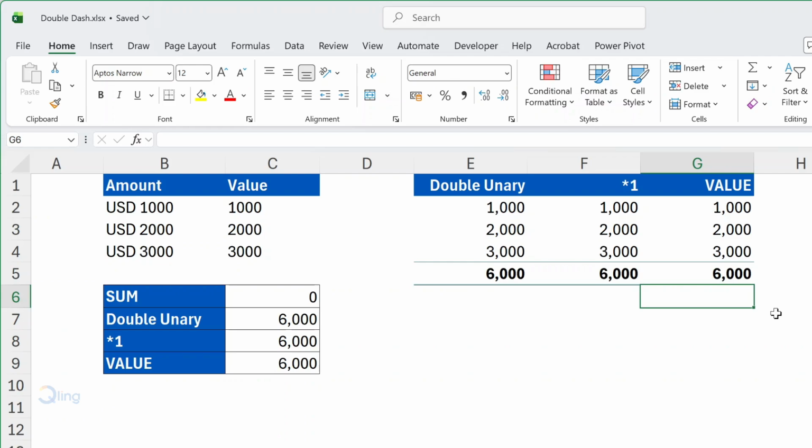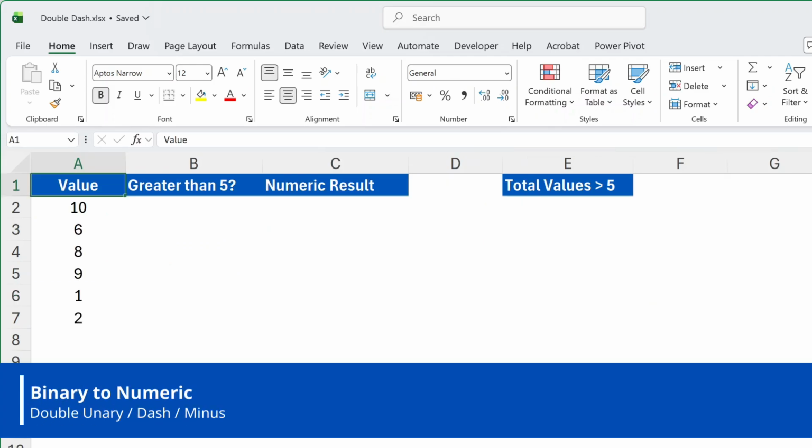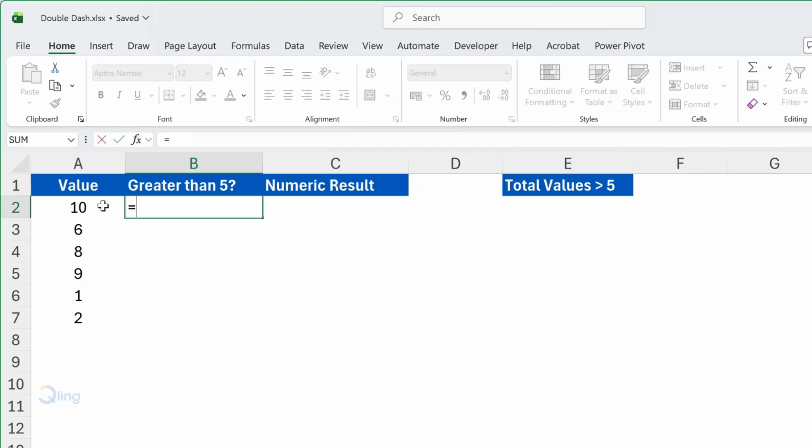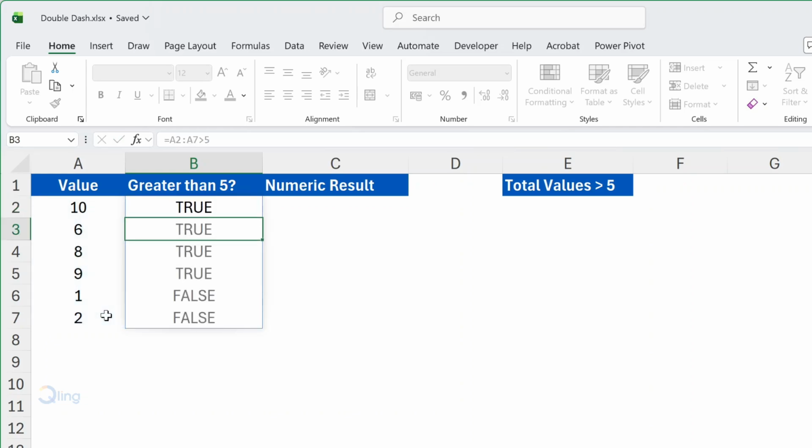We've seen it convert text to numeric values. Now let's use it to convert binary into numeric values. I have got these values here and I will test them if they are greater than 5. I will select the entire range and test for greater than 5. I get the result. Now to convert the binary values true and false into numbers,